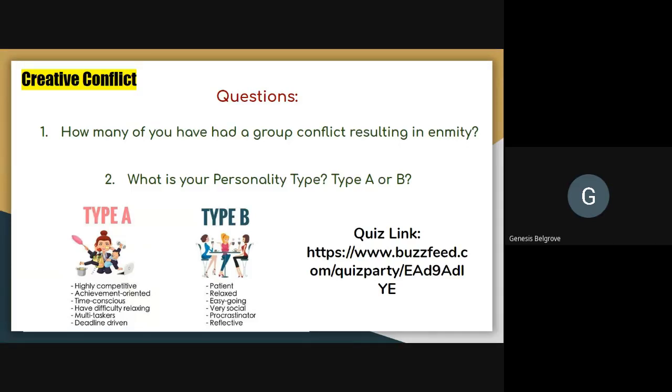Yes, all right. So usually when we have the opportunity to choose, we choose. I personally choose people that I am comfortable with, that think along the same line, because I'm looking at the type A and the type B here. And to me personally, I may not fall into one. I am taking things from either side, because yes, I am achievement oriented and time conscious, but I don't have difficulty relaxing. I just know we decide what we have to do, and so we get together, and I try to work with people that I'm familiar with, because I know we think along the same line.